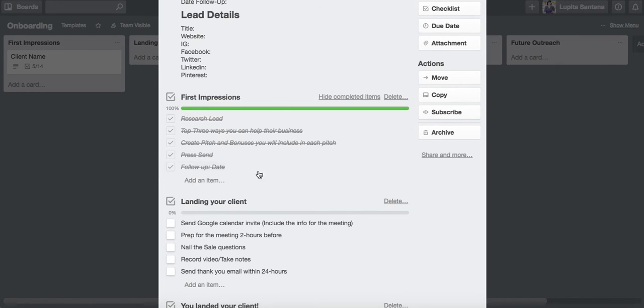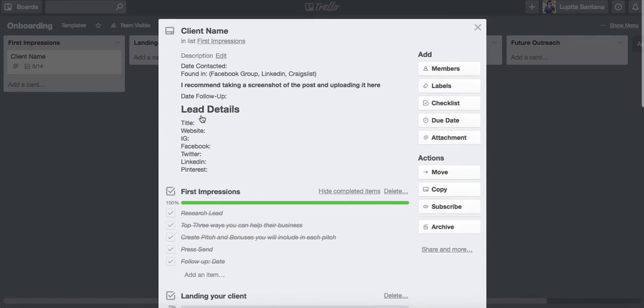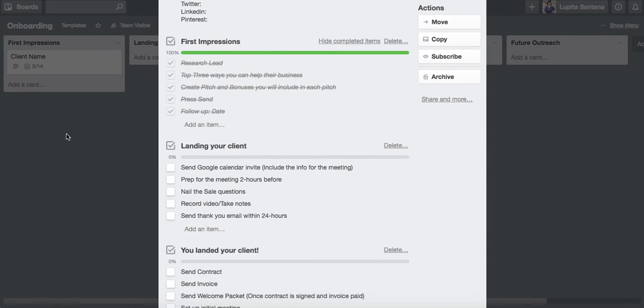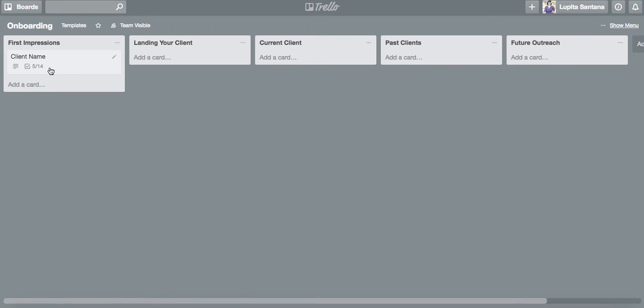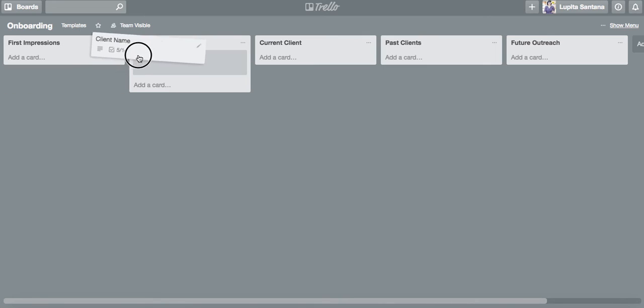And so that is going through first impressions. And so once you're done with that, and they've responded and you have a discovery call scheduled, then you move it to landing your client. And so landing your client is the process. The discovery call is seriously like the most